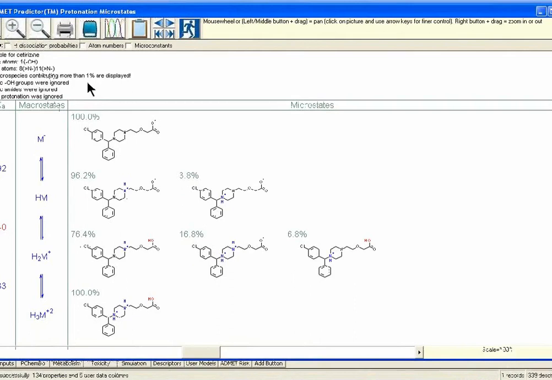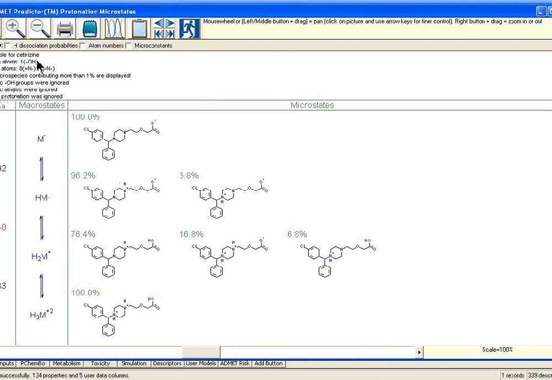Now, one thing we note here is that we're only computing microstates that contribute more than 1%. And as you see for this microstate here, the one that's missing is the one that just has the proton on the carboxylic acid. And so that doesn't actually show up in greater than 1%